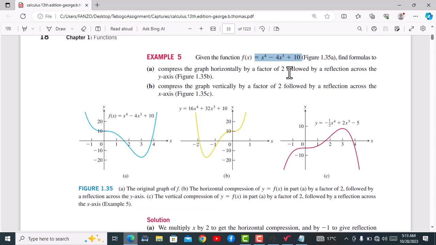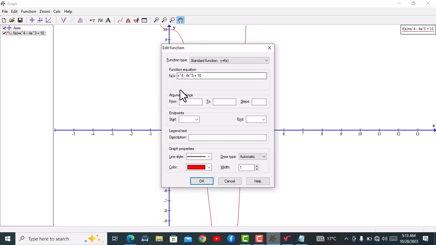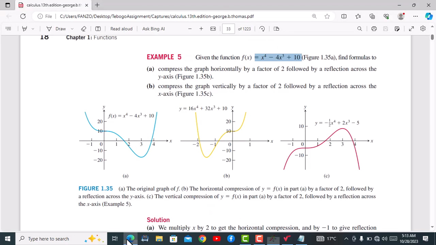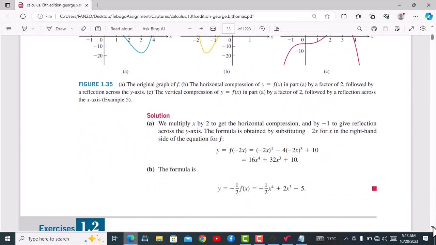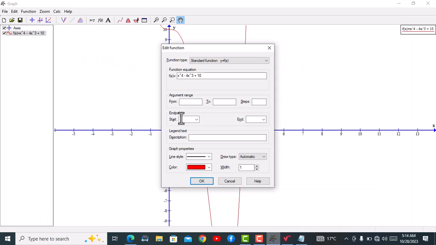So we are saying compress the graph horizontally by a factor of 2. So we are compressing this by a factor of 2. So when we compress this by a factor of 2, we can just come here and we want to compress this by a factor of 2. So let's just see what Thomas does in that. We multiply x by 2 to get that. So we are just basically going to multiply x by 2. So I'm just going to say 2 times this